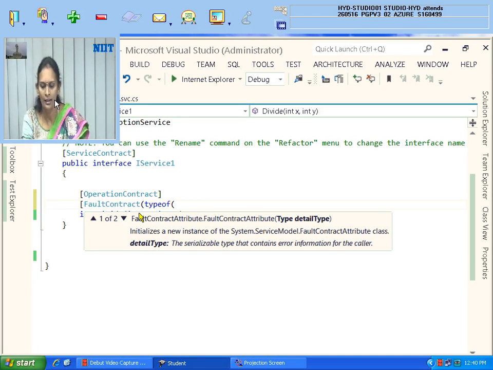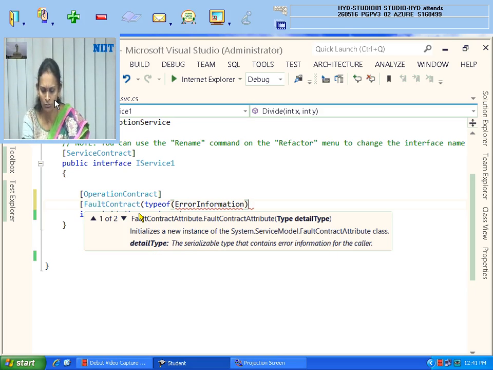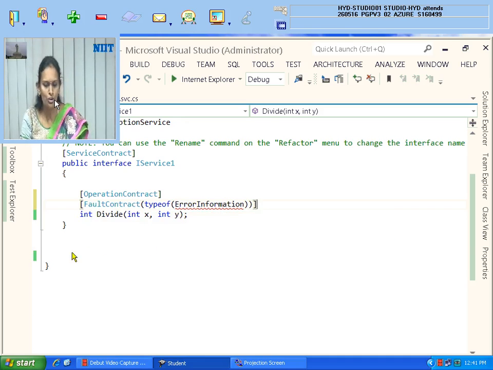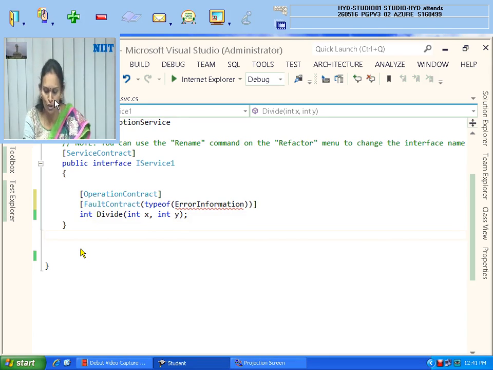Okay, ErrorInformation. Madam, that class is not there, we will create it now, so that's why it is showing an error. So I am telling that in case of any error, this class helps me pass the error information to your client, ErrorInformation.